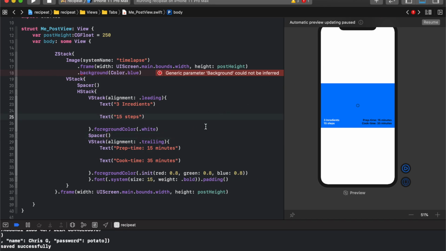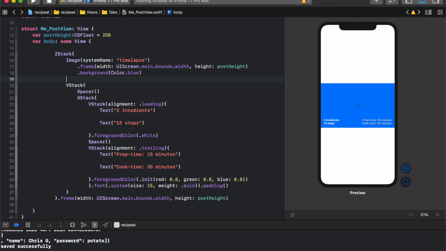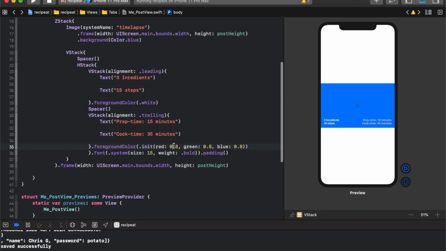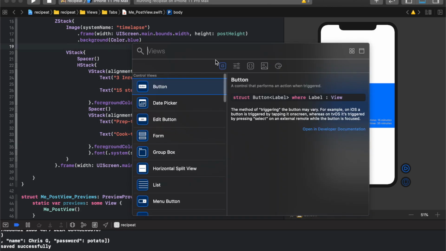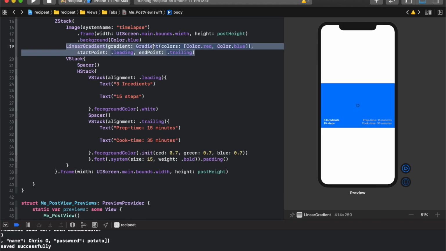Okay. So when that resumes, you should get more of a gray. Okay, and then the last thing I'll put in this ZStack is going to be a linear gradient, okay? And actually, I might even make that 0.7. And then I'm going to come here and drag a linear gradient down. So lin, okay. And I'm going to use,